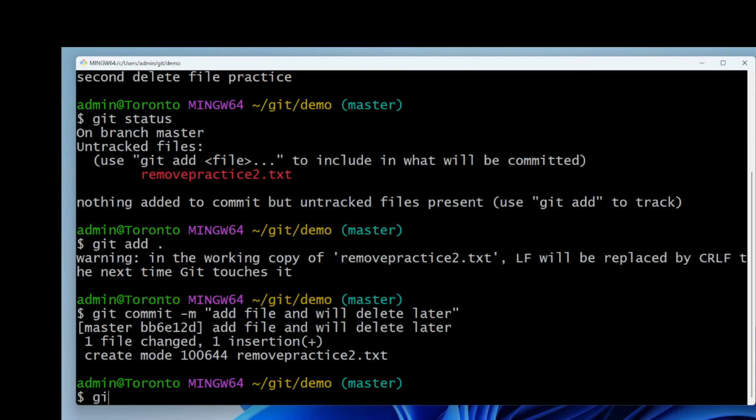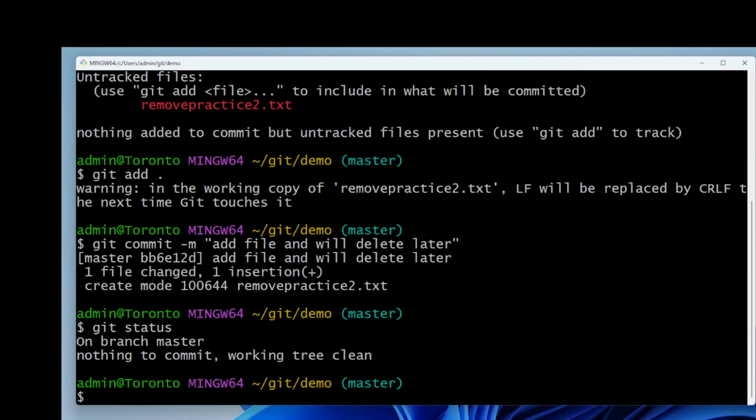So now we can use git status to verify it. Okay, so now the file is moved to the local repo, and we can use git rm